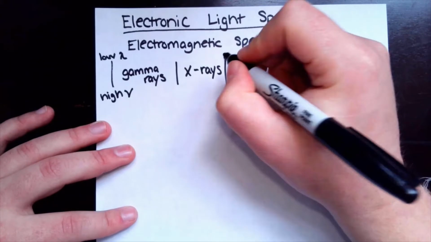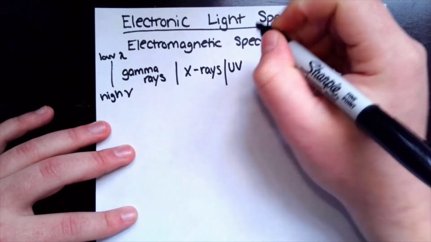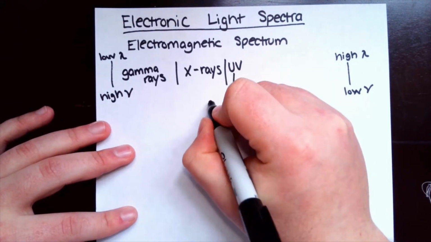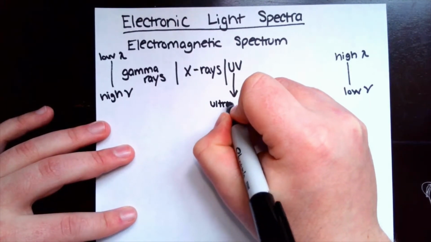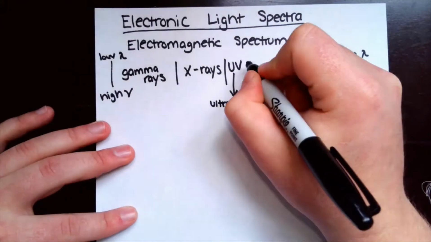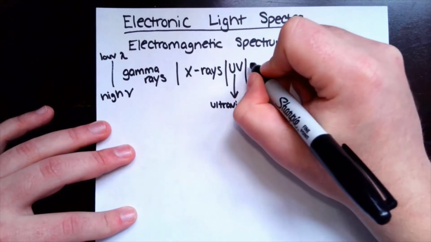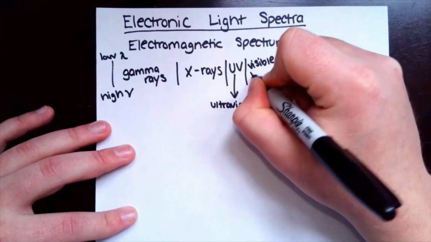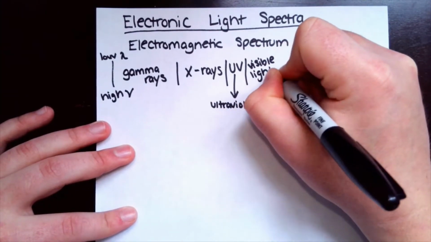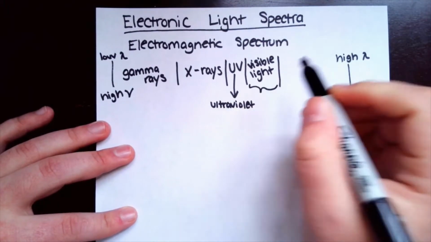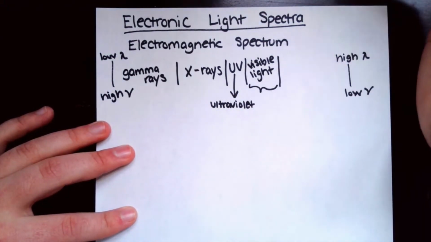After X-rays is the UV region. So UV stands for ultraviolet. So I'm going to put it down here. After UV is visible light. So this region right here is the only light. So again, all of these are different types of light. But this region right here is the only region that humans can see with the naked